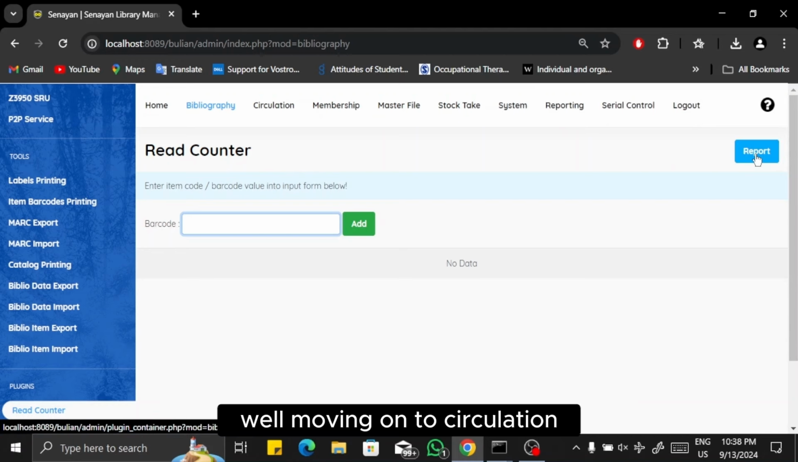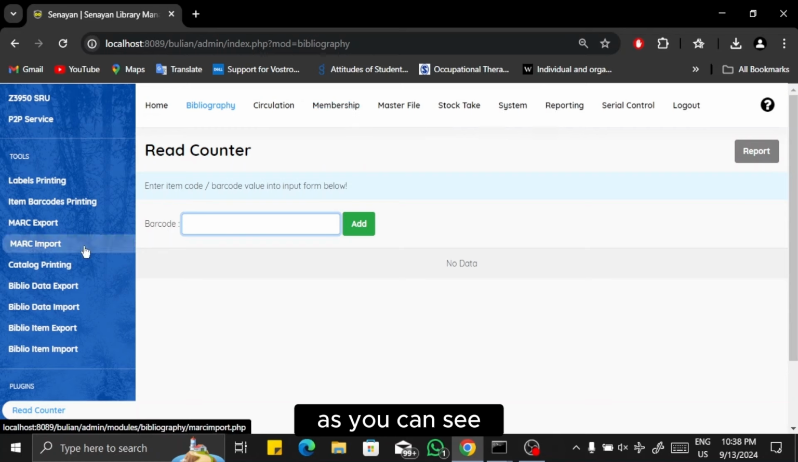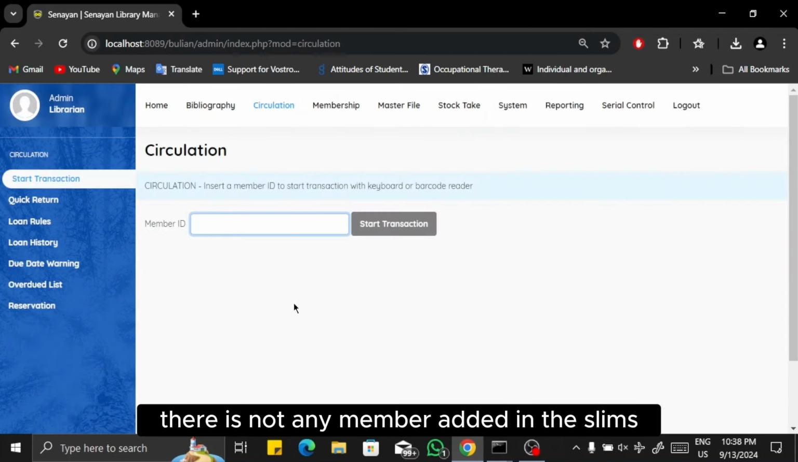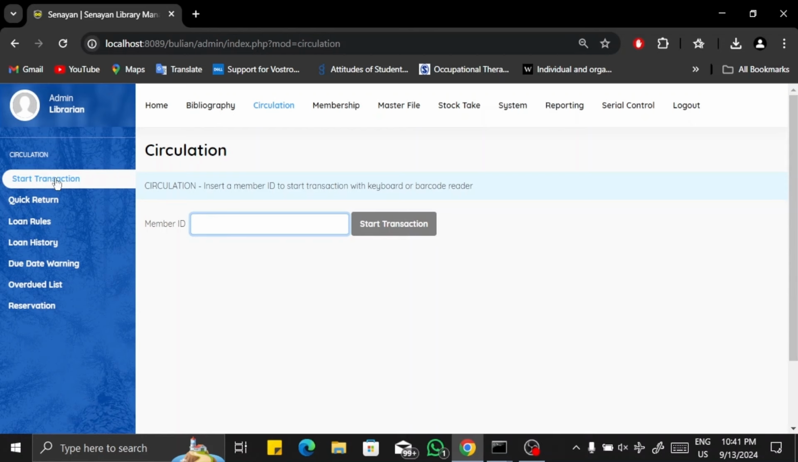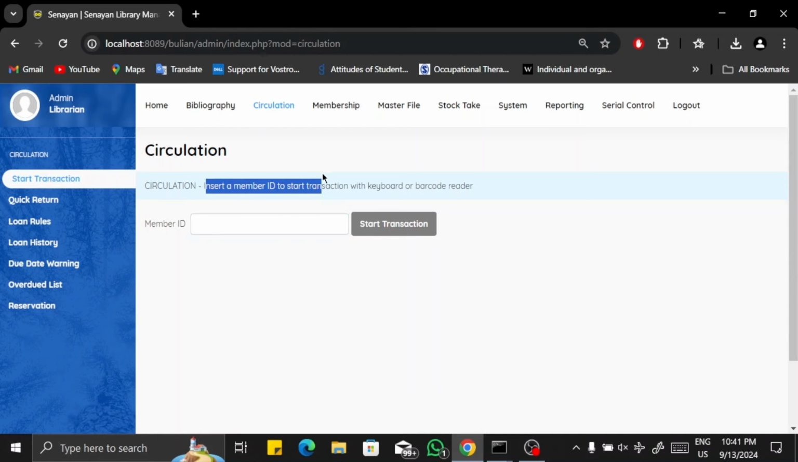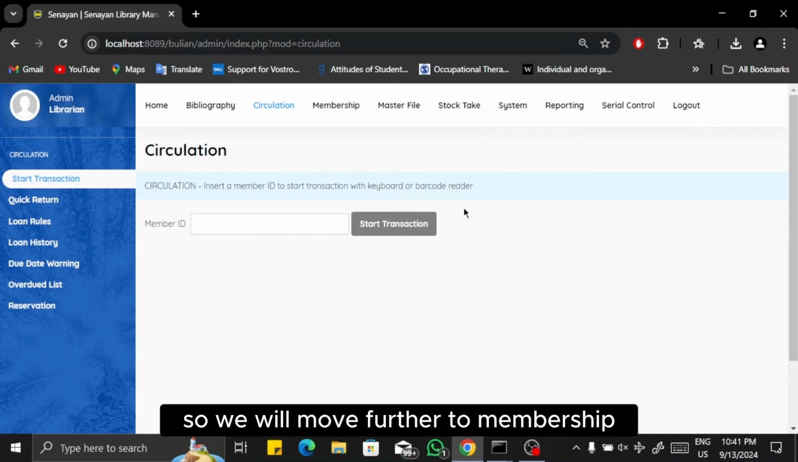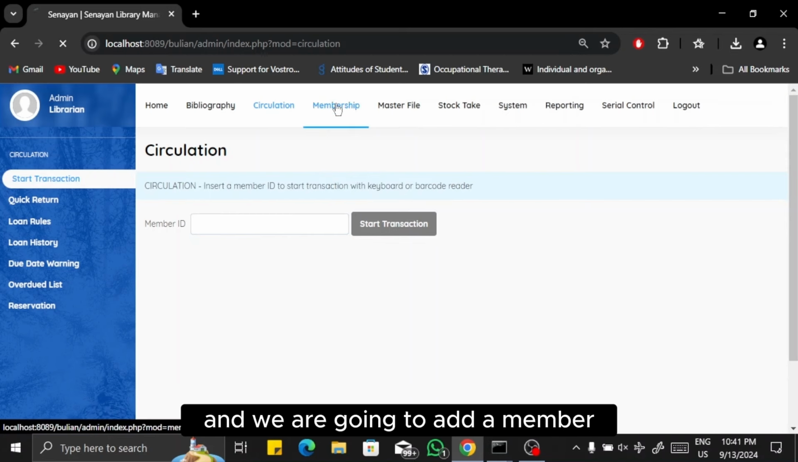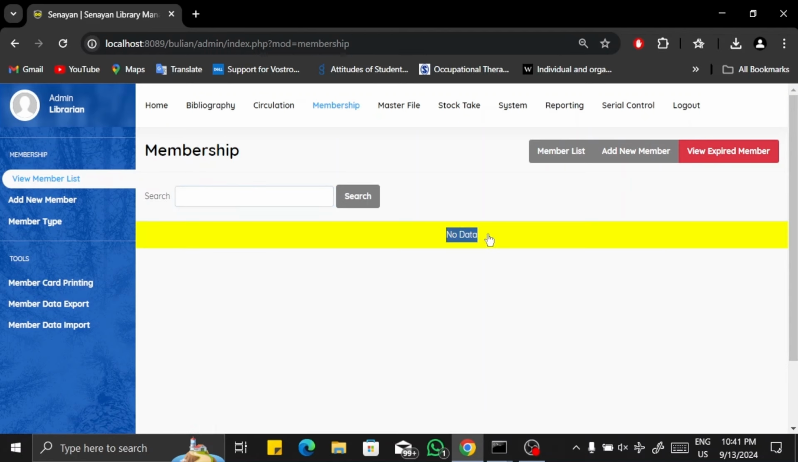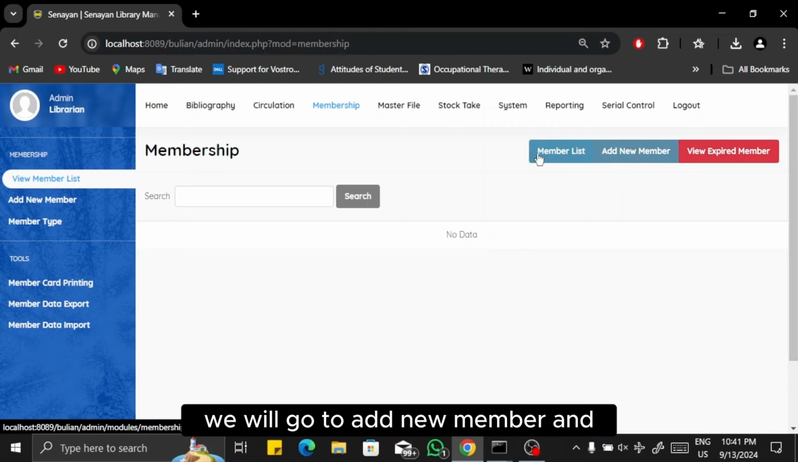Well, moving on to circulation, as you can see, there is not any member added in the SLIMS, and we need to insert a member ID to start a transaction. So we will move further to membership, and we are going to add a member because there is no data of any member. We will go to add new member